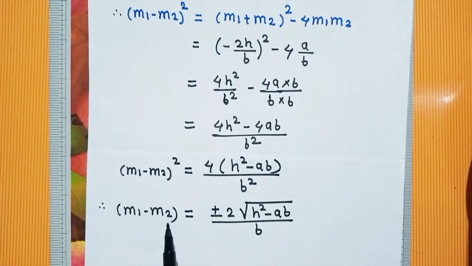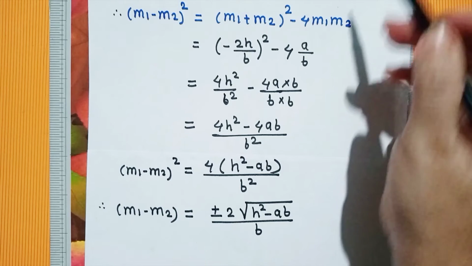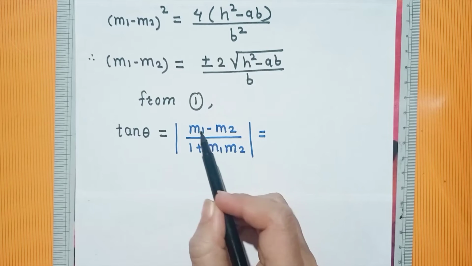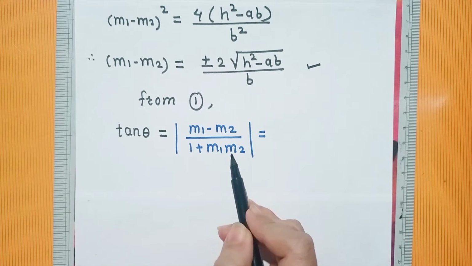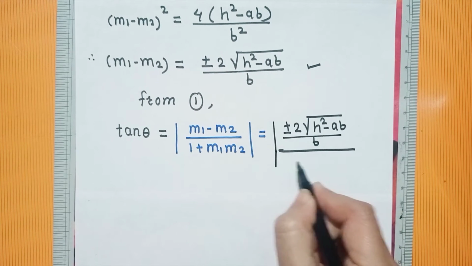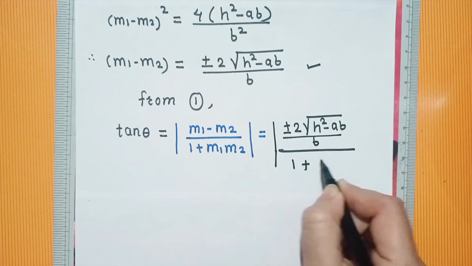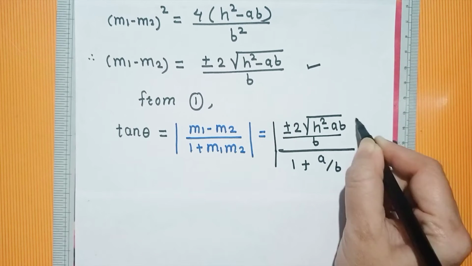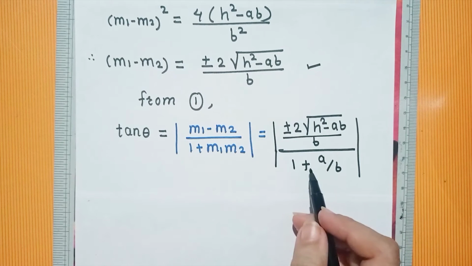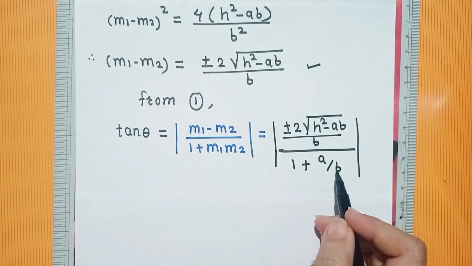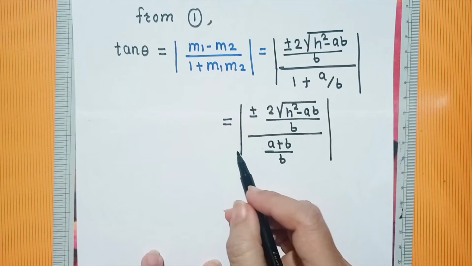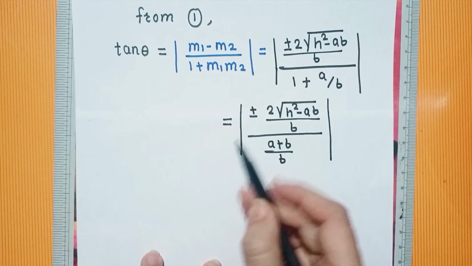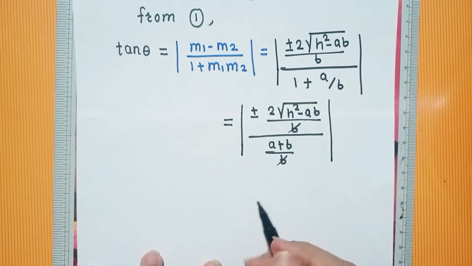Thus we have found the subtraction of the slopes, and so from equation 1 we substitute m1 minus m2 from here and again substitute the product, and in the denominator 1 plus the product a upon b, and again make the denominator the same, we have b plus a upon b. Because of the modulus symbol, this plus minus gets cancelled, this b also gets cancelled, and so the final answer is